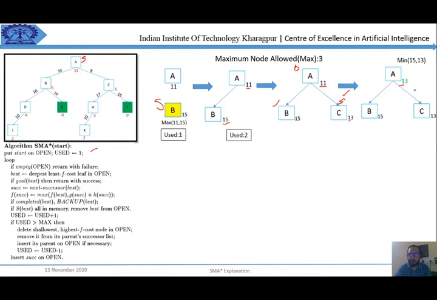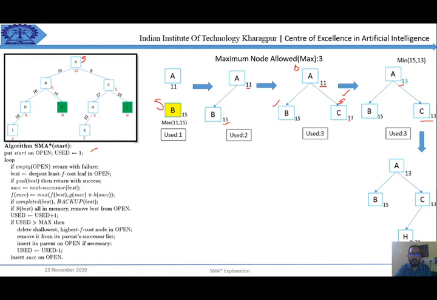And since there is no parent, it will stop here, and then I have to increment the used value. Right now, among these, both are 13, but I have to take, in the next iteration, the shallowest one. So this C node has been chosen, and I have to find the successors of the C node. There are two possible paths. I have taken the H node, taking the H node here and finding the F value of the H node. Among 13 and 28, 28 is the highest one.